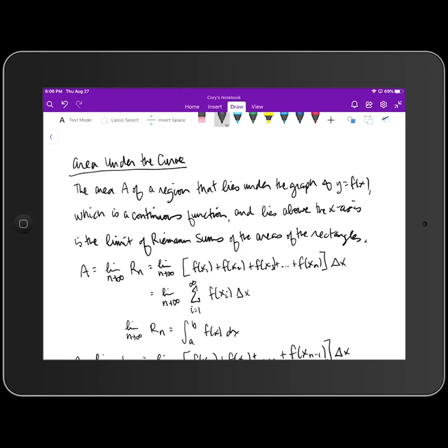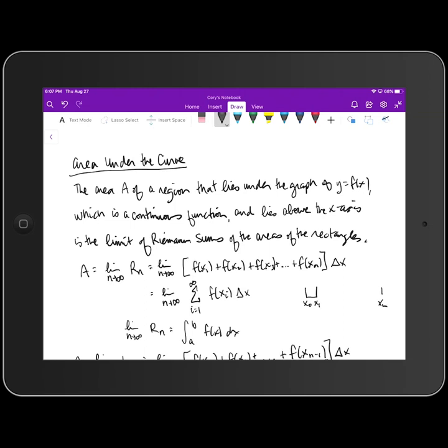So we're going to take what we did in that example above, and then we're going to generalize that statement. So when we take the limit as n goes to infinity of R sub n, we're taking some interval and breaking it up into infinitely many subintervals. Well, if I do a right Riemann sum, if I start that Riemann sum at x sub 0 and finish it at x sub n, then for a right Riemann sum,